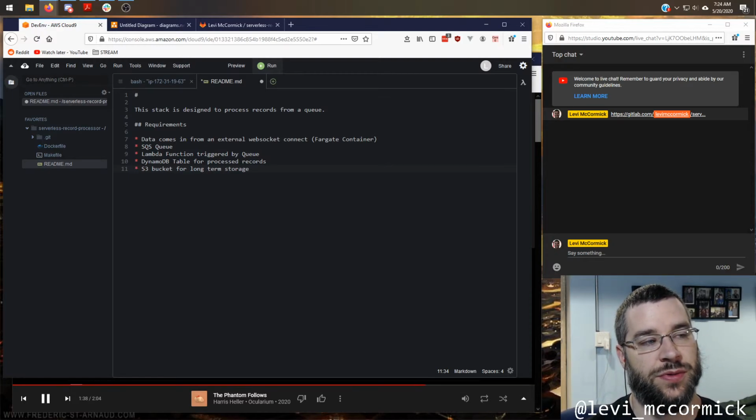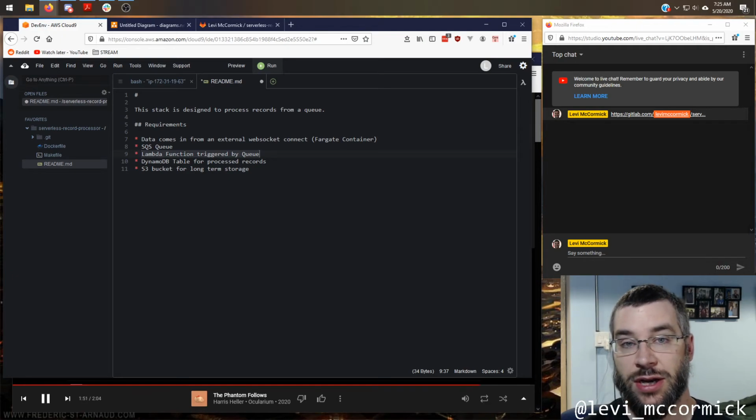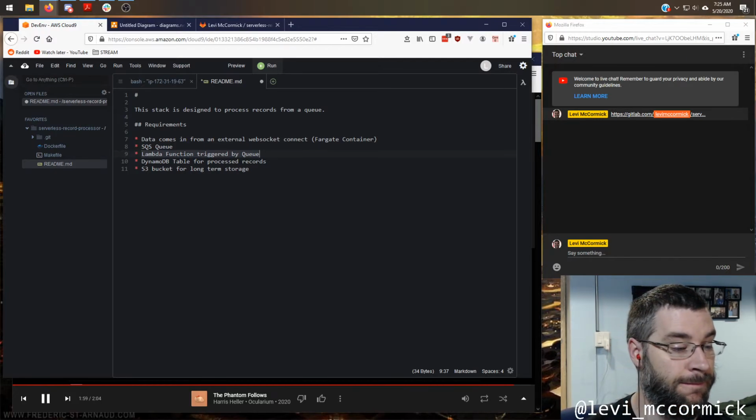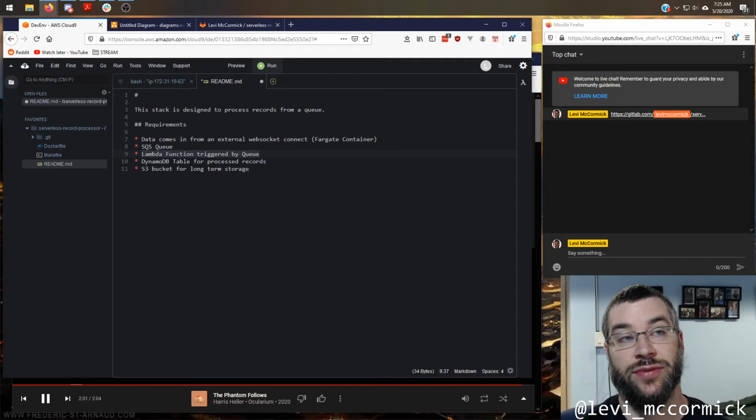How you get to the S3 bucket here is kind of interesting. You could have this Lambda function that does your data analysis write to Dynamo and then to S3. That would be really simple code to write, really not that difficult.